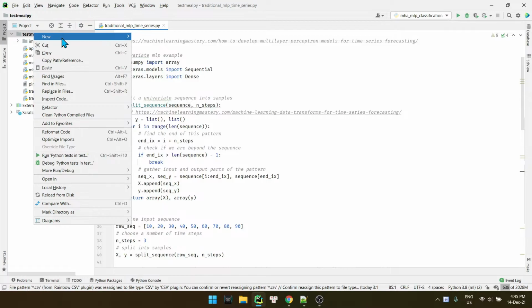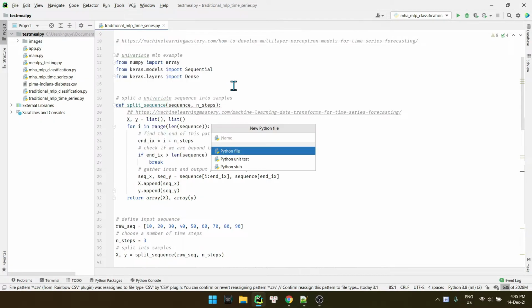Okay, let's create a new file and name it meta heuristic algorithm hyperparameter MLP for time series.